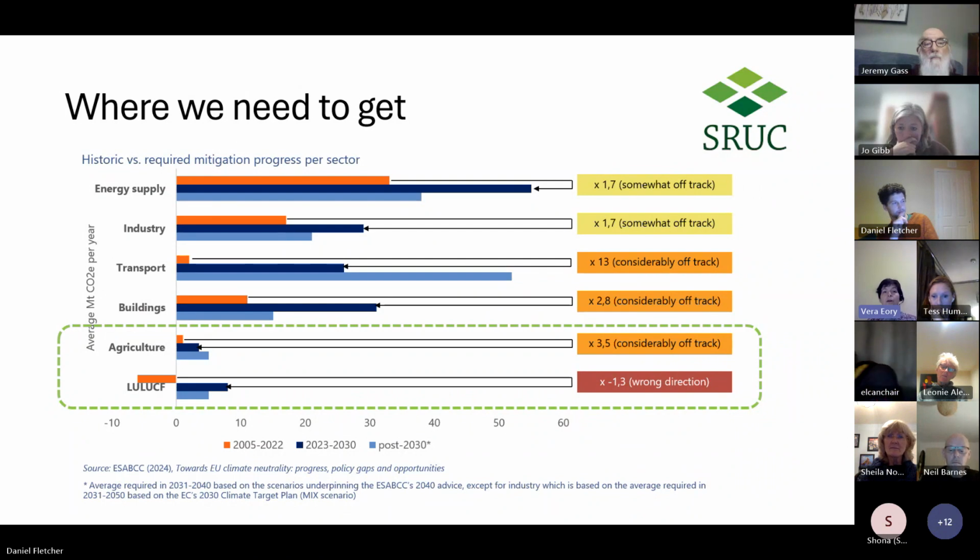So it was capturing carbon every year until a few years ago, and now in the EU its capacity to capture carbon every year is reducing because the forests are getting older, they don't grow as fast, and we have not done all the afforestation we should have done 30 years ago, 20 years ago, and we are still not doing enough. And it's very similar here in the UK, and I think in the UK it's actually